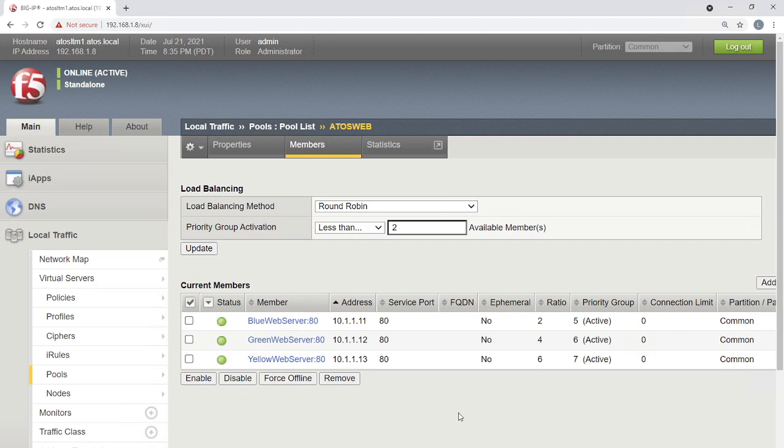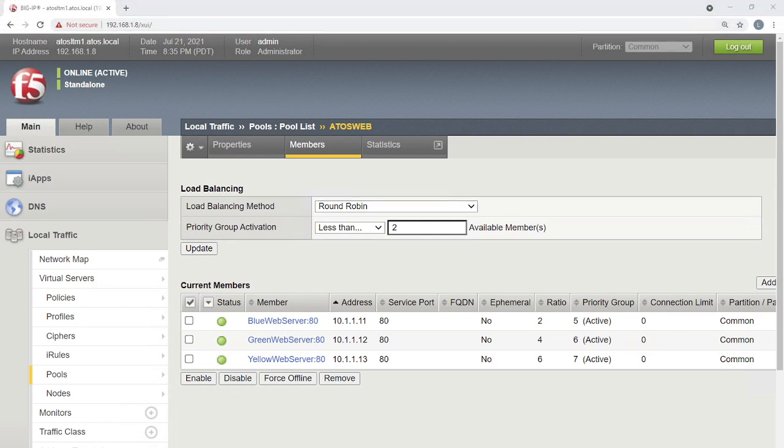Based on what? I think Jashwant was saying something. Gurucharan, yeah. Based on the priority we have assigned here, yellow is 7 and green is 6. Because we are saying that a minimum of 2 servers should be handling the load, yellow and green will be used for distributing the load, correct? Blue is not going to be used at all as long as green and yellow are in operation, correct?